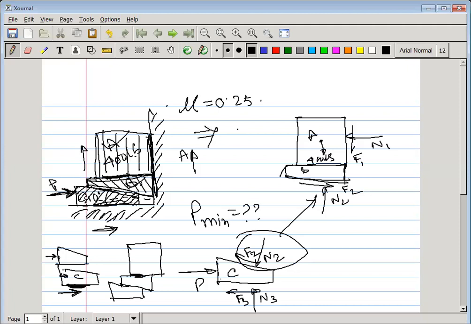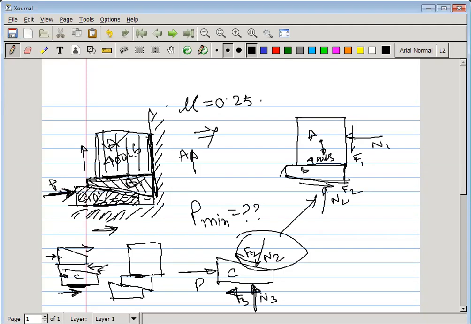In which direction does the friction force occur? The friction force always acts opposite to the applied force, or in a better way, we can say the friction force acts opposite to the motion. So if the applied force is here, this body moves in this direction, so the friction force acts in the opposite direction. That's why I draw this friction force in this direction.